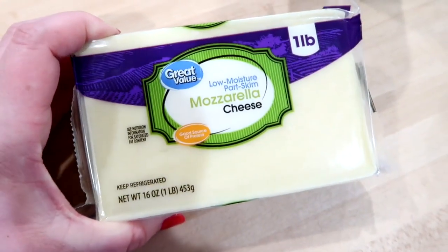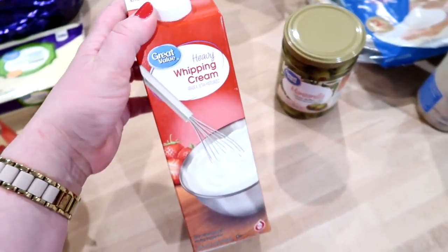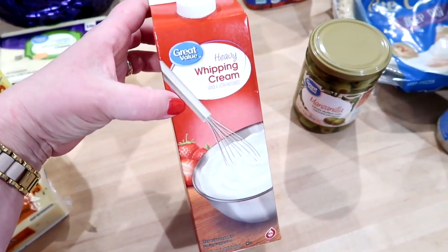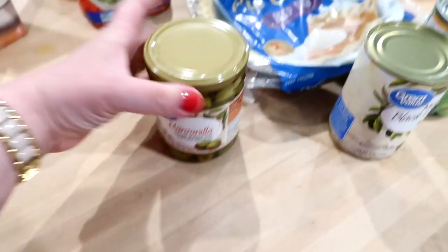For the manicotti, it called for grated mozzarella cheese, so I decided I would grate it fresh on my own. I got some heavy whipping cream for the whipped cream on top of the coconut cream pie. And then I also